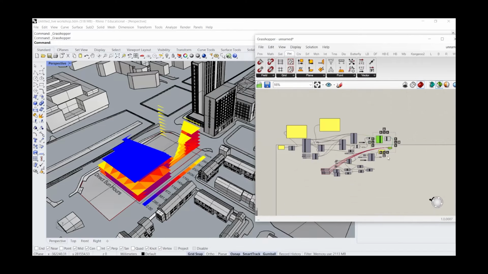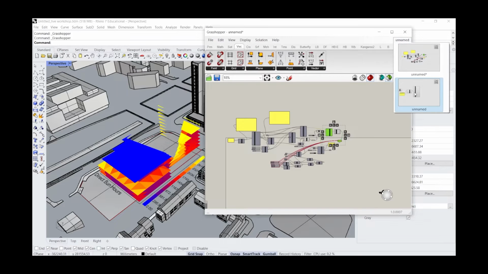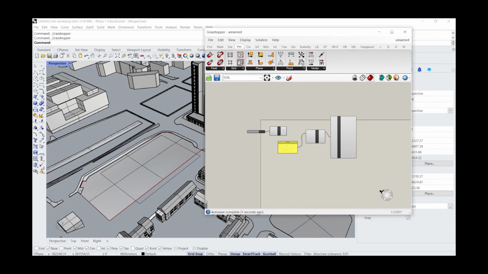So this is why we're importing the data. We're importing the data to help us analyze different options. So let's go back and start now. The best piece of advice I can give you with working with Ladybug is to start off by setting up your data, and the end bits, which is what kind of analysis you want to do. So if we go here on Ladybug,